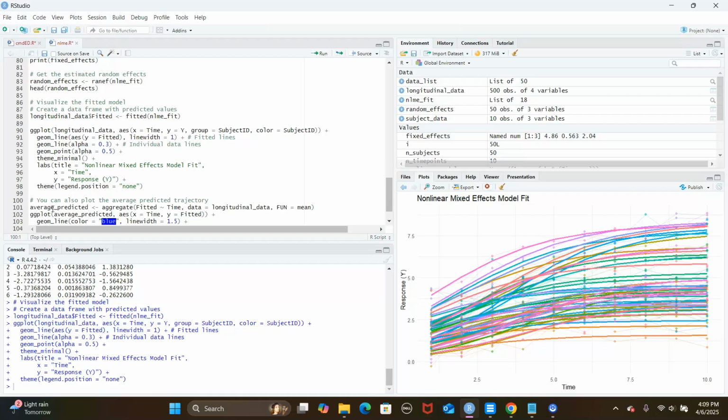Okay. And we can also plot the average predicted trajectory. So the random effects model is the subject-specific model. It gives one estimated trajectory to each individual. GEE is our population average model, so you only get group average estimates. But since we have individual trajectories, we can average them into an average predicted trajectory, which we can do here using